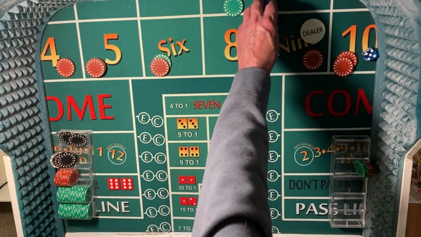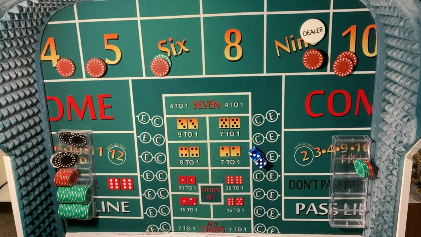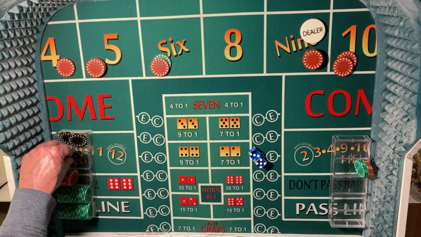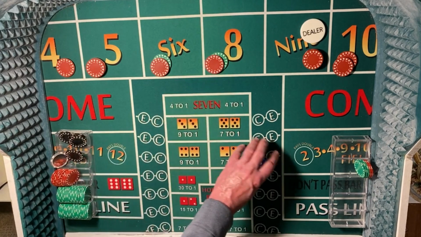So there's another 5, 3, 8. So we lose the DC, and we only give them one shot at that. So that's roll 3, and let's come back up with our 6 now, and see if we can get it